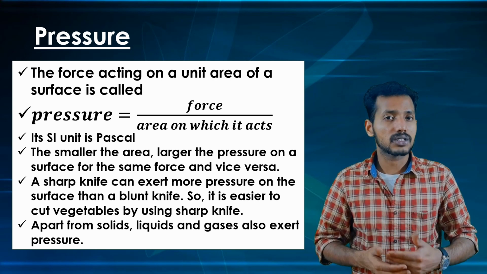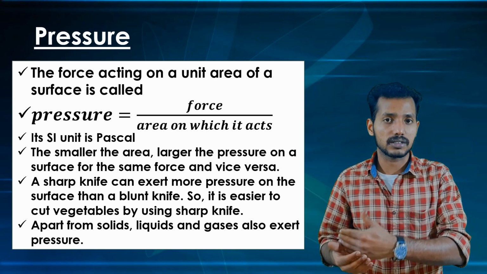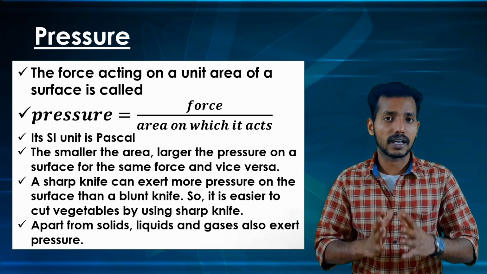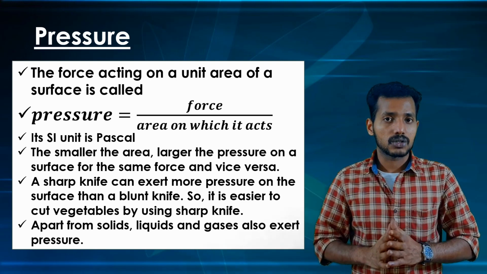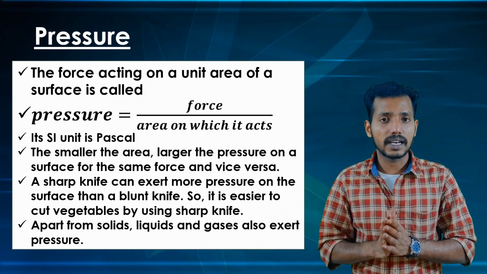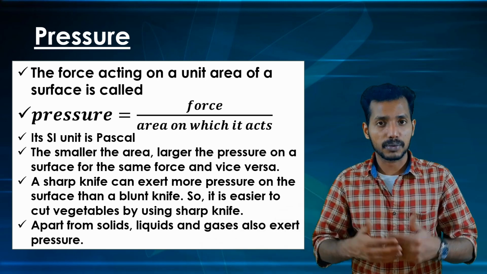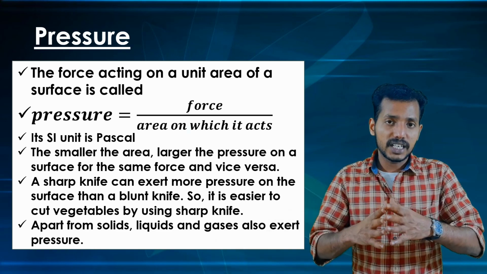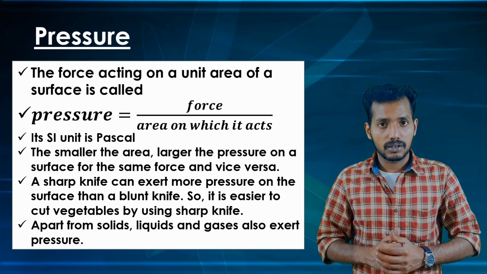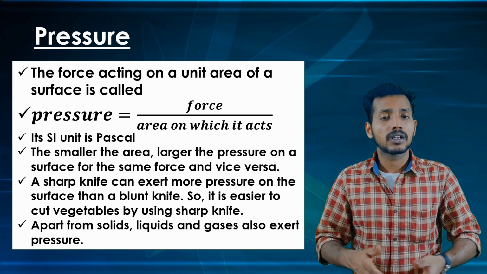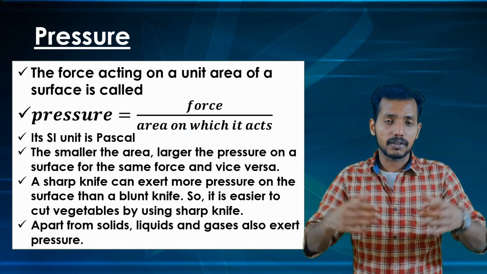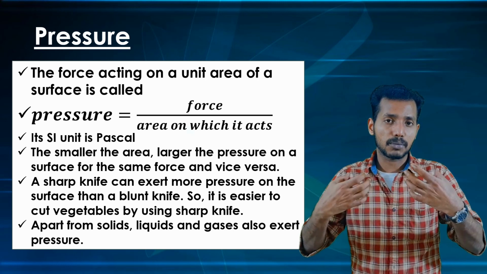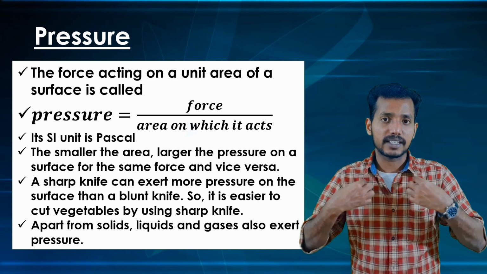There are many examples given in your textbook which connect to pressure. You can read the textbook so that you will get a clear idea about how pressure can be applied. In our daily life there are some situations in which we need more pressure. In that case we need to reduce the area of contact. Whenever we need to decrease the pressure, we need to increase the area. For example, whenever you carry your school bag, you can observe that the strap of the school bag is a little broader than a thin one.